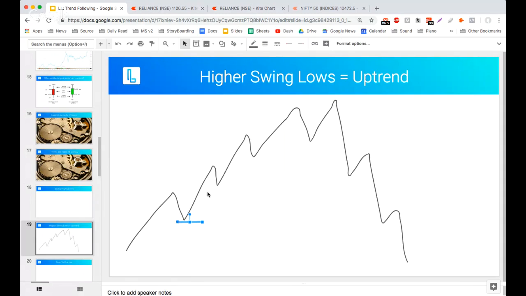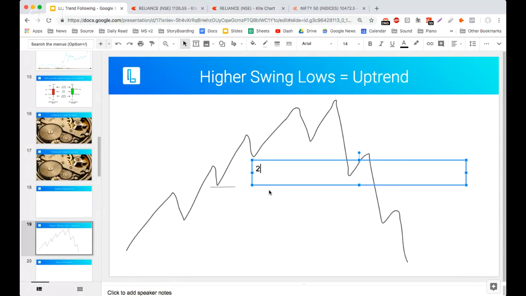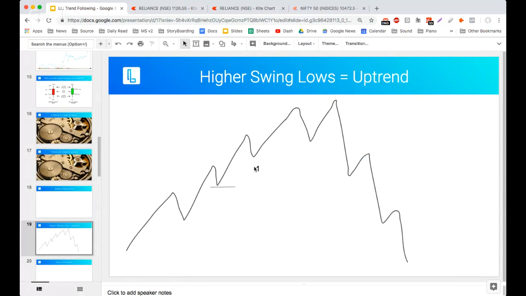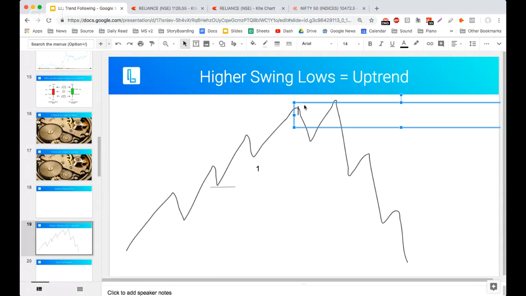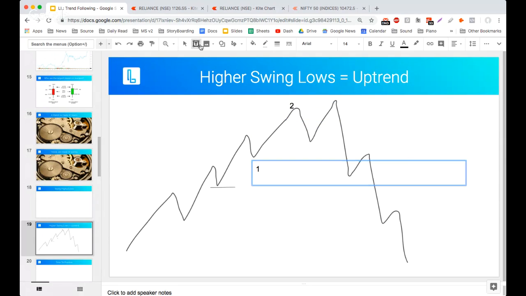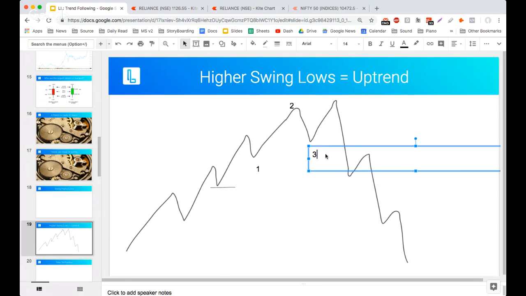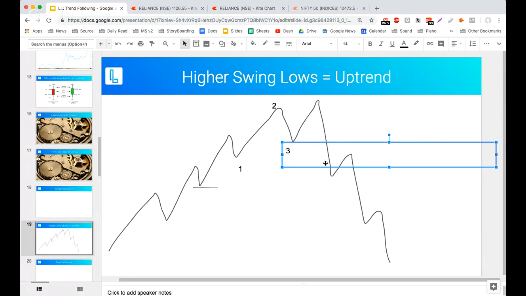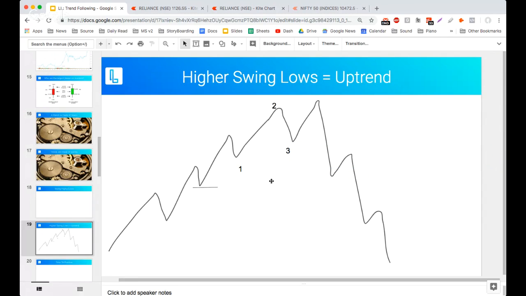This is a swing low. This is a swing low. Okay, sorry, 1 minute. This is a swing low. Let me name the swing lows. So this is point number 1. This is your swing low. Then we have another swing high, which is point number 2, let's say. And then finally we have, sorry, point number 3, which is your swing low. Okay, our quiz is coming up, so get ready.